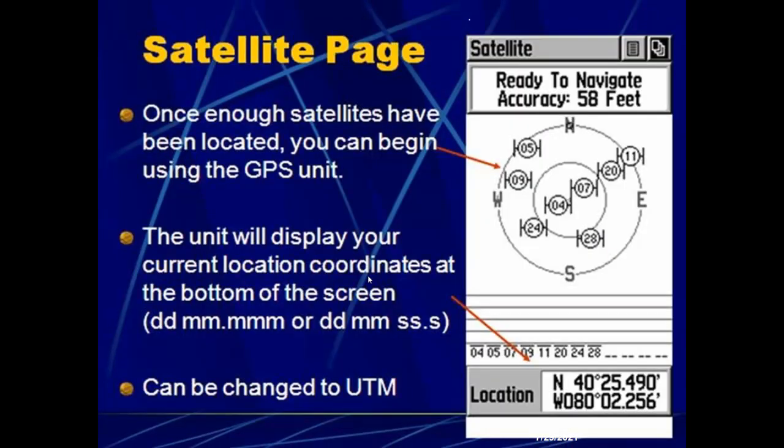So this is the satellite page. We can click the page button, and the satellite page will be there. In that, there are around 24 satellites, which means we can't get all 24 satellites within a fraction of a second. For a particular area, 5 or 6 satellites will occur. They will give the readings in degrees, minutes, seconds. So it is called the UTM projection mode.